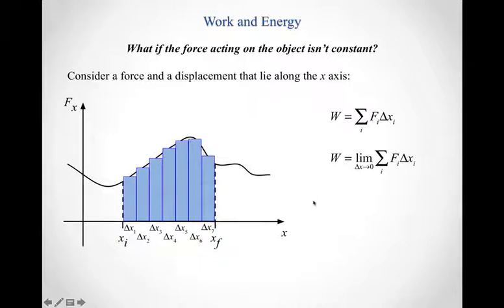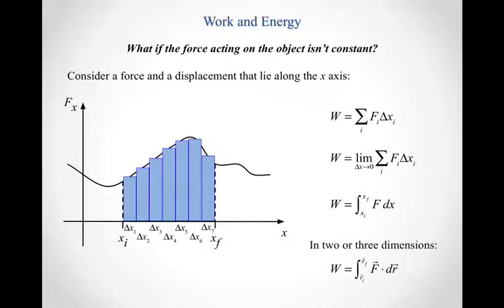And of course I realize that if I'm taking the limit as delta x approaches 0 of this summation, what that is is an integral. So in general, for a one-dimensional example, the work is the integral from some initial position to some final position of F times dx. If I want to think about it in multiple dimensions, then I just put that dot product back in. The most general way that I can talk about work is that it's the integral from some initial position in 3-space to some final position in 3-space of the dot product of some changing force vector with